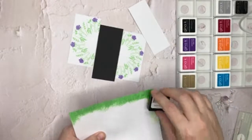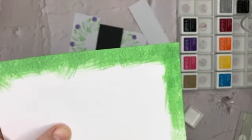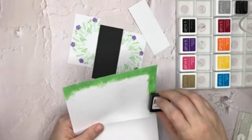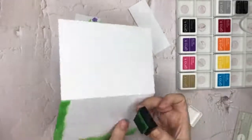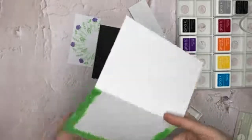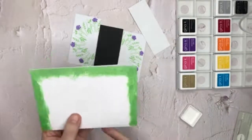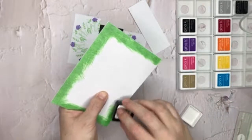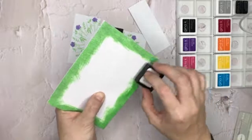But what I want to show you here is with the Gina K inks that we're using, see how it looks really scratchy and patchy at the moment? It doesn't look like a great effect. Let me tell you, whatever is in these ink pads smooths everything out as it dries. So we will go back towards the end when we see this card all complete, and I'll show you how it's smoothed out. It's amazing. And what that means is for anyone who does ink blending, you are in for a treat, because you will ink blend and you'll go, oh my gosh, that's horrible and I can't live with that. Walk away from it for 10 minutes, come back to it, and it will be perfectly smooth, I promise you, unless you've done a really bodgy job of it. But even the beginnerest of beginners will...